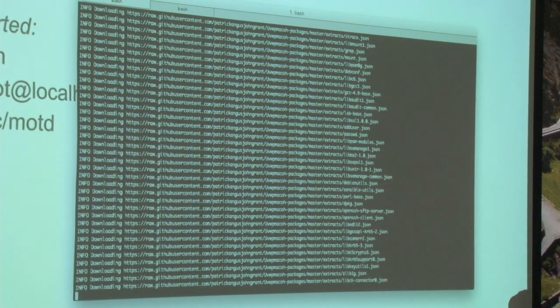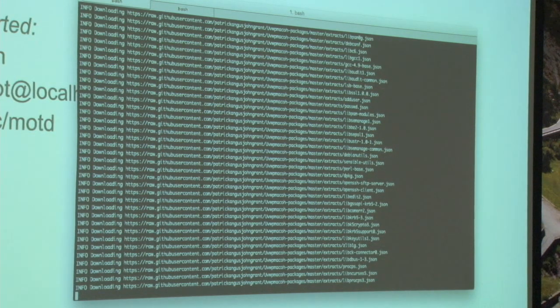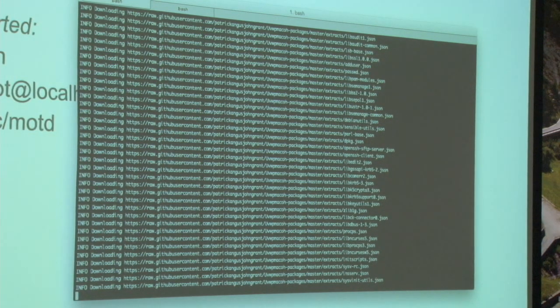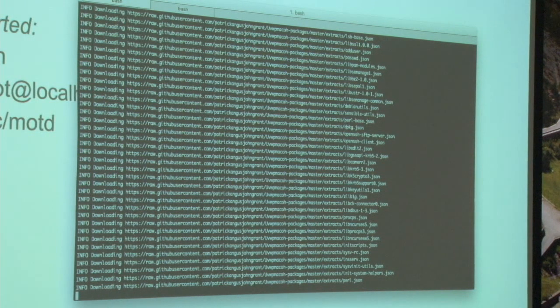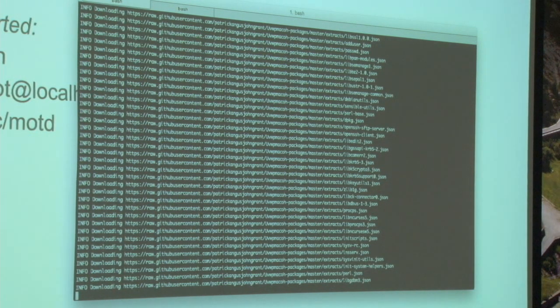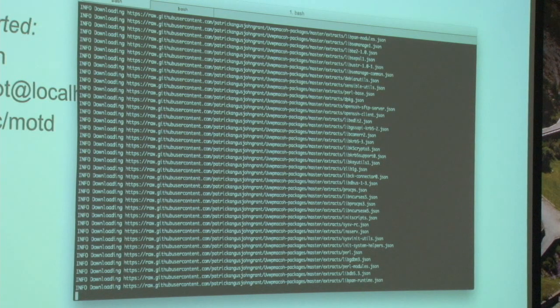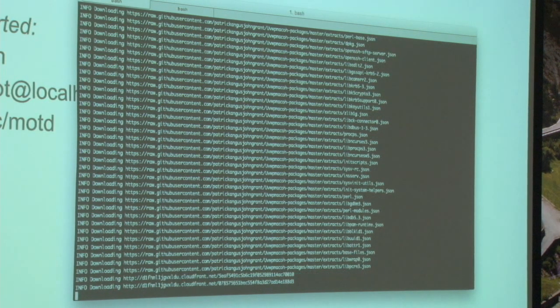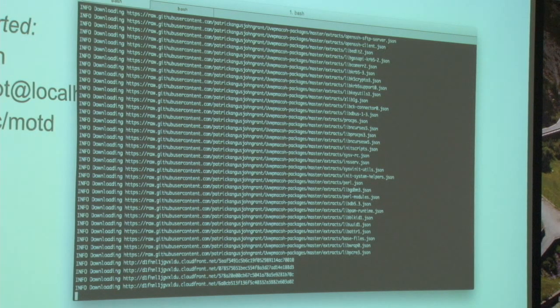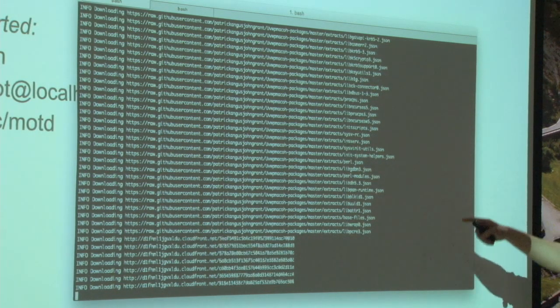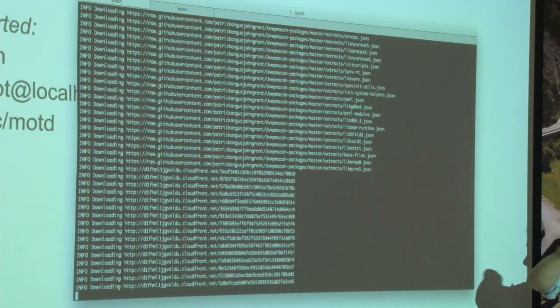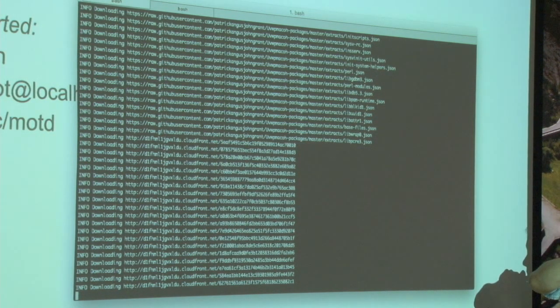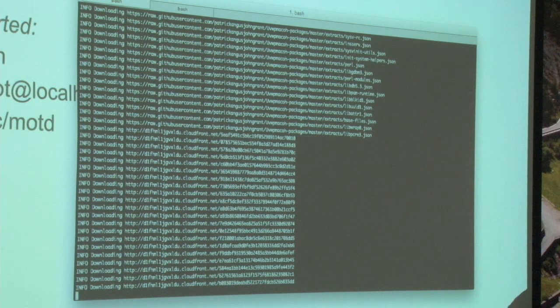Then it starts downloading all these things. It's got an initial master descriptor, which we'll have a look at in a minute, and in turn it's downloading all of these. It's done all that, and now it's downloading some binaries, because I just happen to know this is it starting SSH. So we can now SSH in.